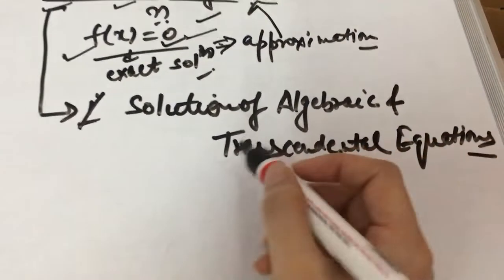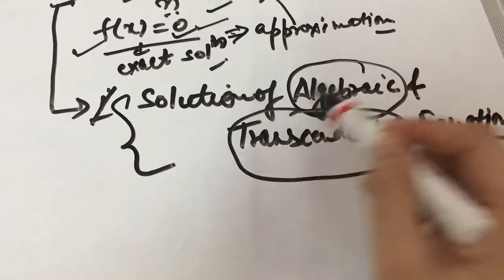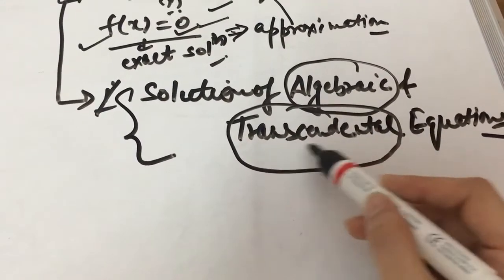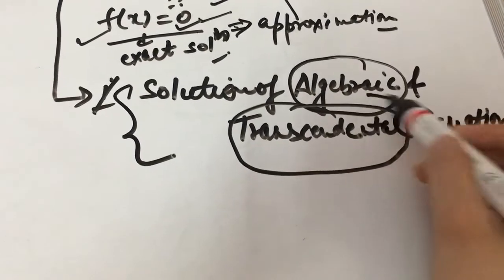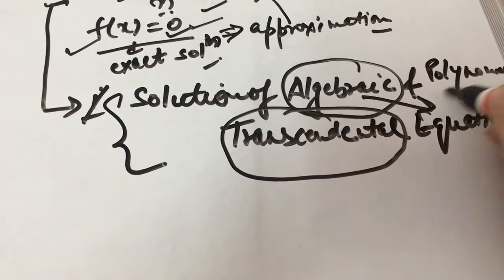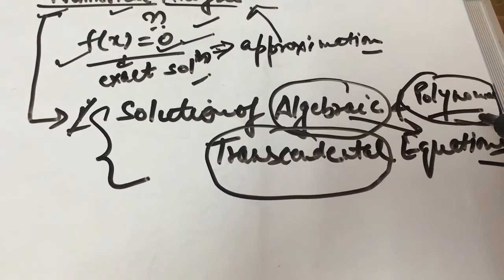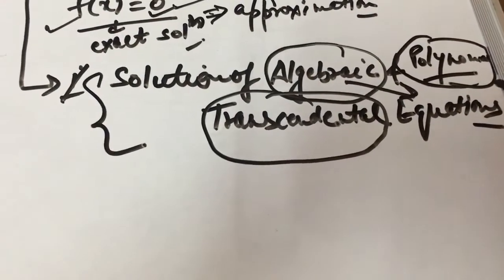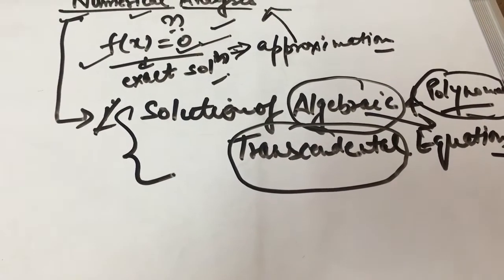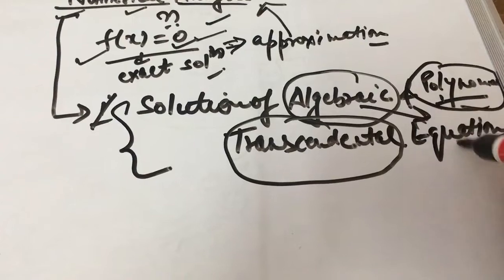equations. So in this topic you can see there are two terms. First is algebraic and second is transcendental. First we need to understand what algebraic equations are and what transcendental equations are. Algebraic equations are also known as polynomial equations, and I hope you have studied a lot of polynomial equations and have solved them by many methods. You have studied polynomial equations for quadratic, cubic, biquadratic,